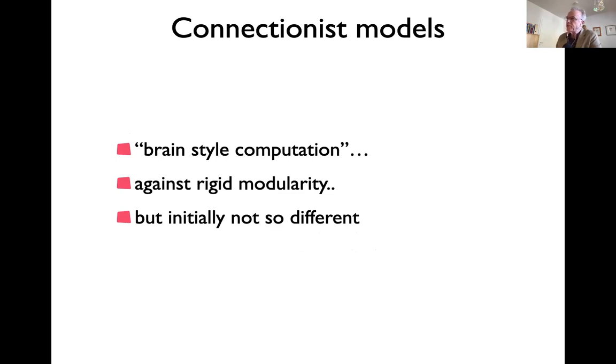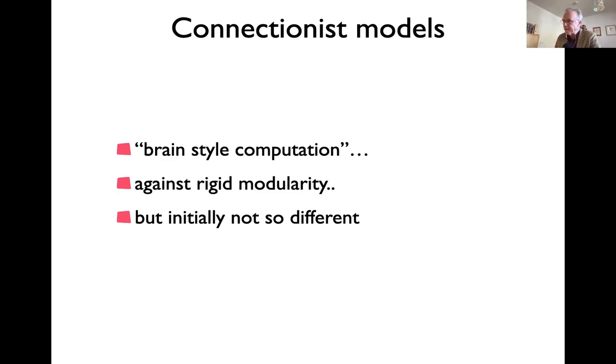Connectionist models were actually conceived as an alternative, like a revolution against information processing, or against the computer metaphor. And they talked about brain-style computation. It was in the 80s. PDP was originally a term, parallel distributed processing, as compared to CPU, central processing. Ironically, there are parallel digital computers as well. And you'll see in a moment that PDPs aren't actually quite as non-computational. But it was also an argument against rigid modularity, an argument that functions could be distributed among multiple areas or multiple populations of neurons.